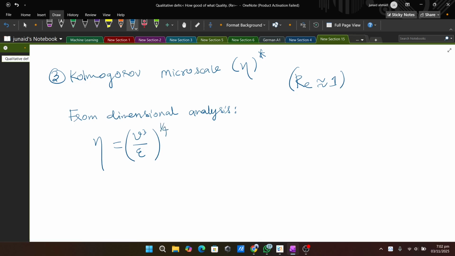Okay, so this is it. In this Kolmogorov microscale, we are analyzing this thing here, where the viscous effect